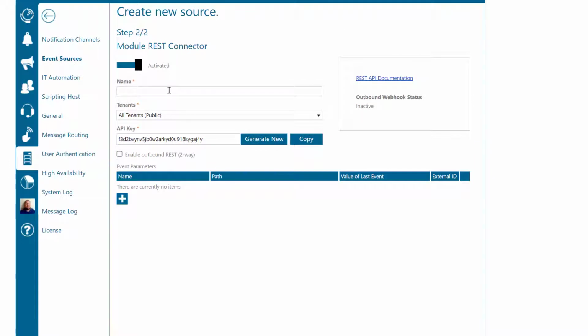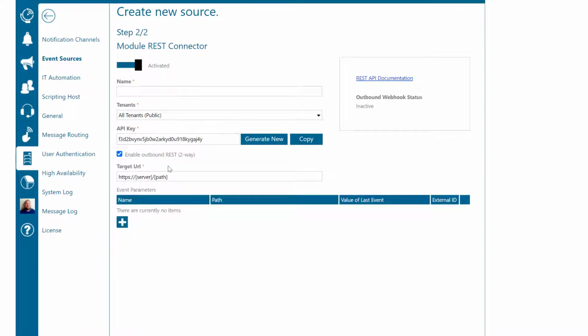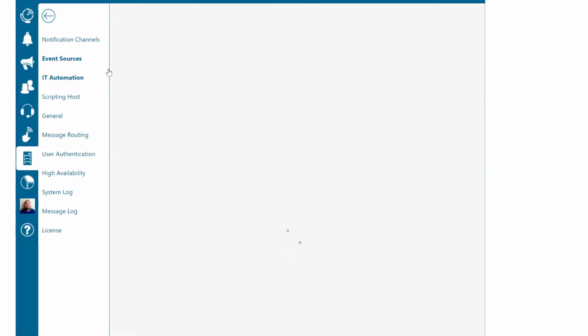We just go ahead and give our new two-way REST connector a name and keep note of our API key and check this Enable Outbound REST for two-way. Once we check that box, we're going to have a new URL box appear. This URL is looking for the third-party vendor's receiving URL for their API so that they can receive the events from our API. So if I go ahead and open up one that I already have set up over here,